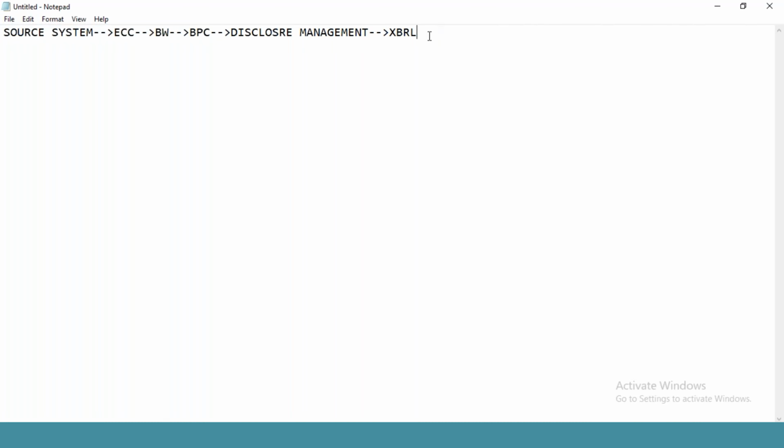Earlier days, we had CPM, corporate performance management. The problem in CPM is we were not getting the exact information on a timely basis. That is the reason SAP developed EPM. It's not an own SAP product. The tool itself we call EPM, Enterprise Performance Management. In this EPM, BPC is one of the tools,